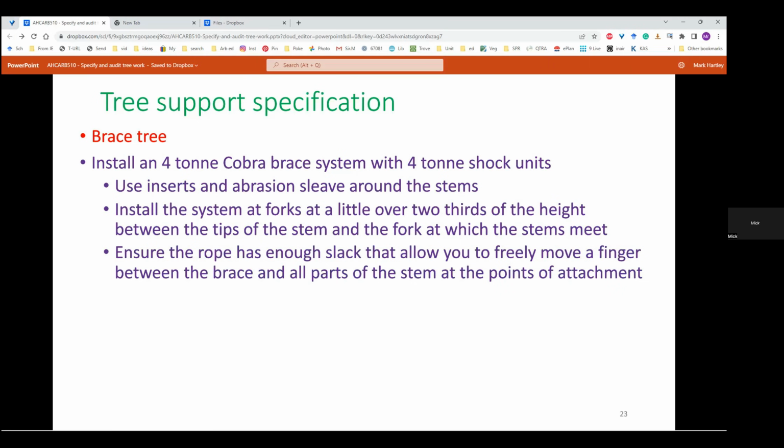Sorry, Mark, the rope. Why did you specify no climbing permitted? Oh, that's just an example, Owen. So my preference is generally climbing does a better job when it comes to pruning or tree removal. But it might be, for example, that I wasn't happy with the stability of that particular tree. Okay. Oh, sorry, Mick. It was Mick.